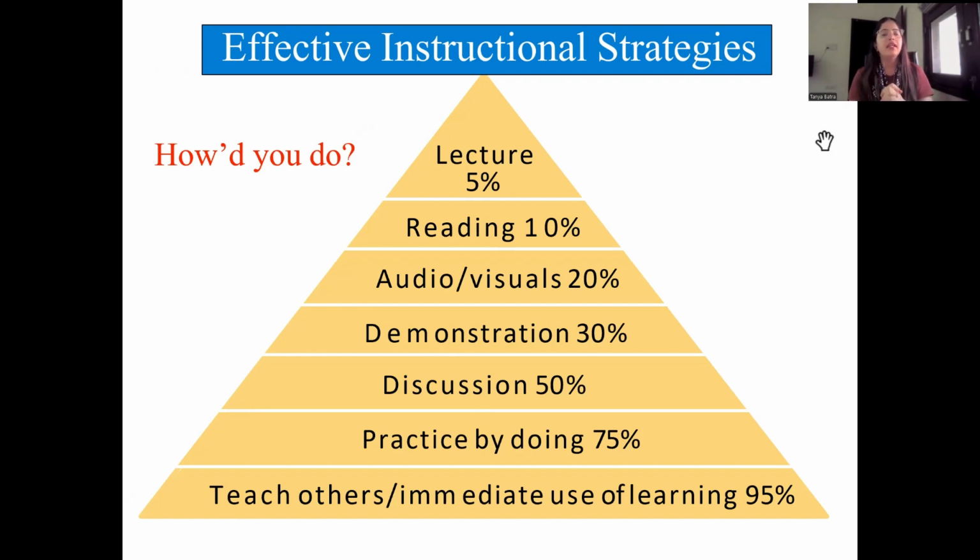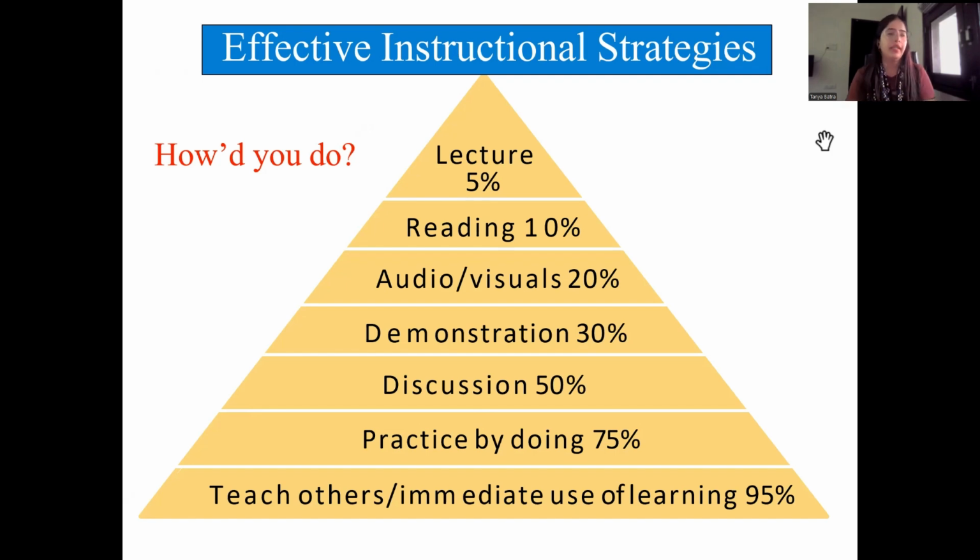You can see it caters to only 5% of learners, only 5% effectiveness for this particular instruction strategy, and you can understand for sure how much the learner will be able to understand. Now, reading includes only 10% effectiveness. Audio visual aids cater to 20%, demonstration 30%, discussion 50%, practice by doing 75%, and teaching others,